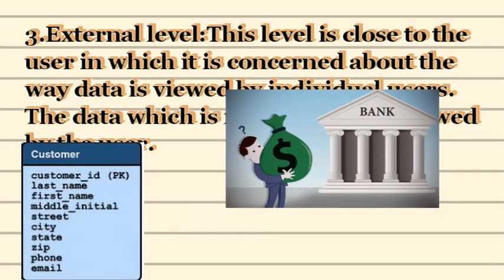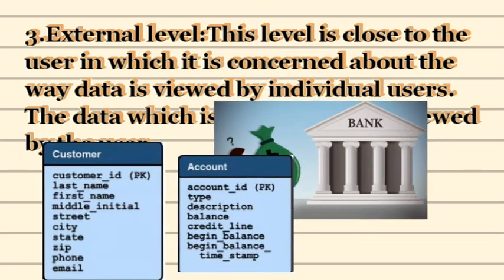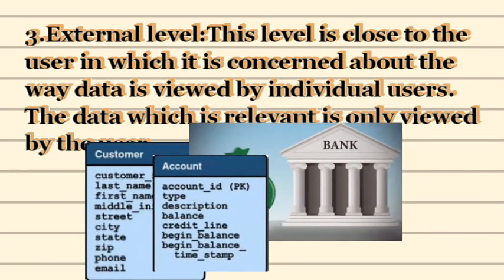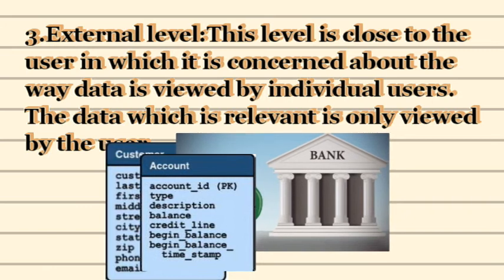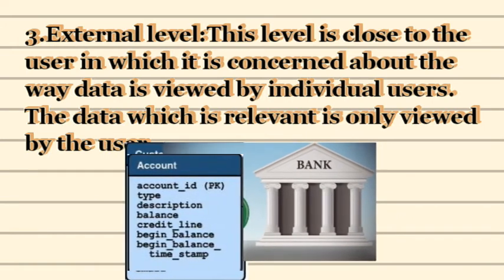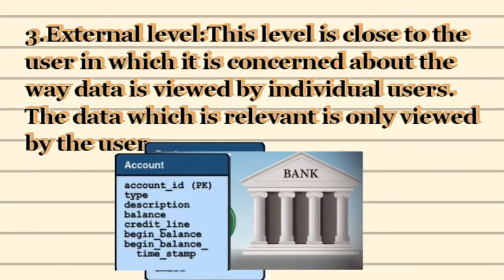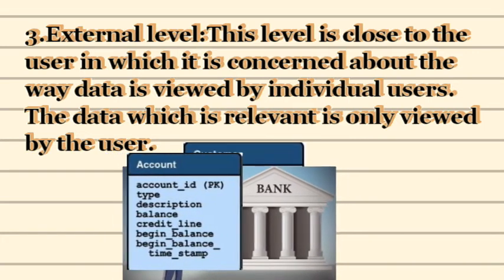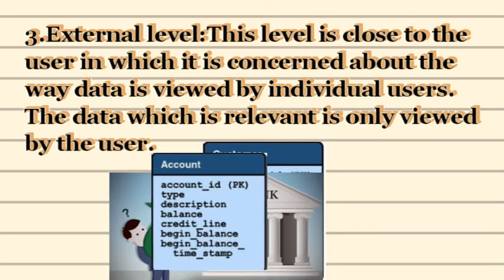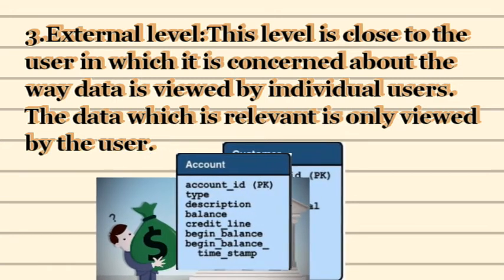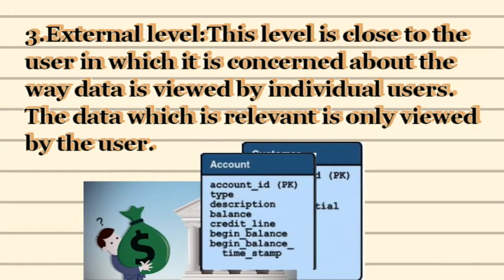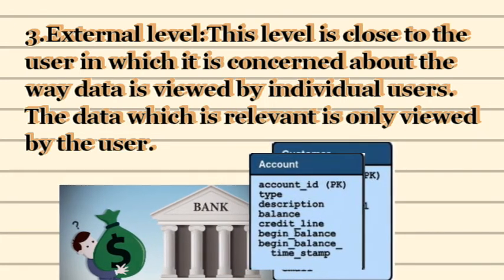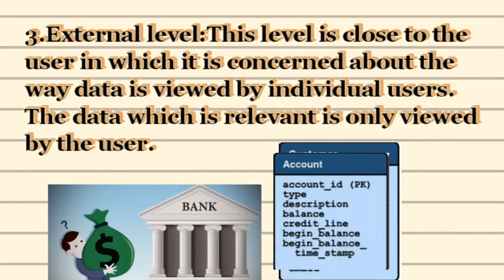Let me tell you an example. Say a bank stores a database of information of every account holder. Sometimes whenever the bank needs the details of an account holder, it does not need every detail, like the date of birth or the address. It does not need all the data if it just wants to check the balance of that particular account holder. So it just fetches the desired data, which data they want to show to the user.